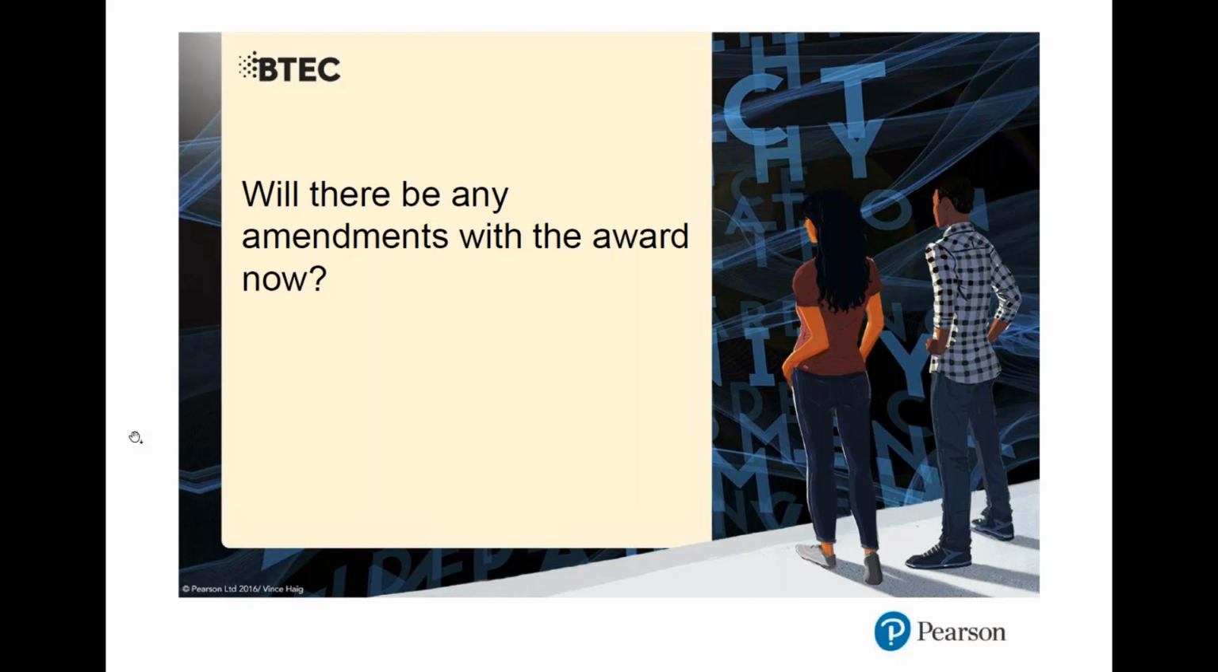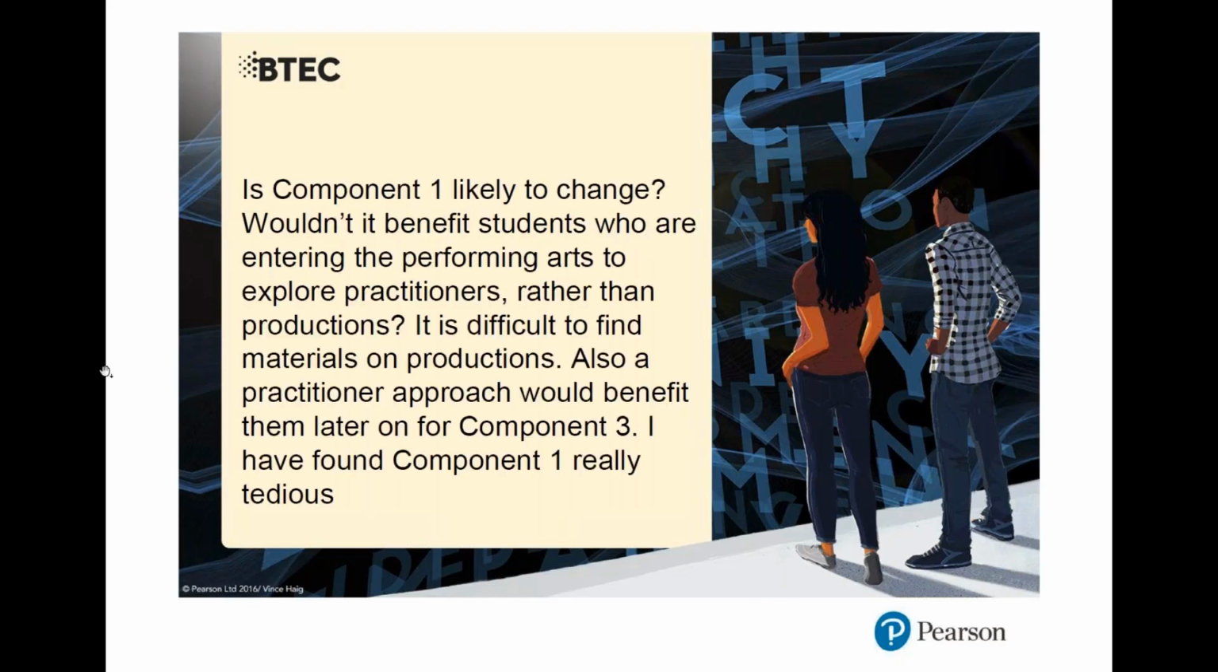It's more to do with, if you're doing a play or a dance which doesn't have an explicit link or a clear link to a particular practitioner, don't think that you have to go, well, there's the nearest one to it. We're talking about practitioners as a director, a designer, a performer, a choreographer, musical director, writer, etc. So I hope that clarifies just that part of component 1 anyway,